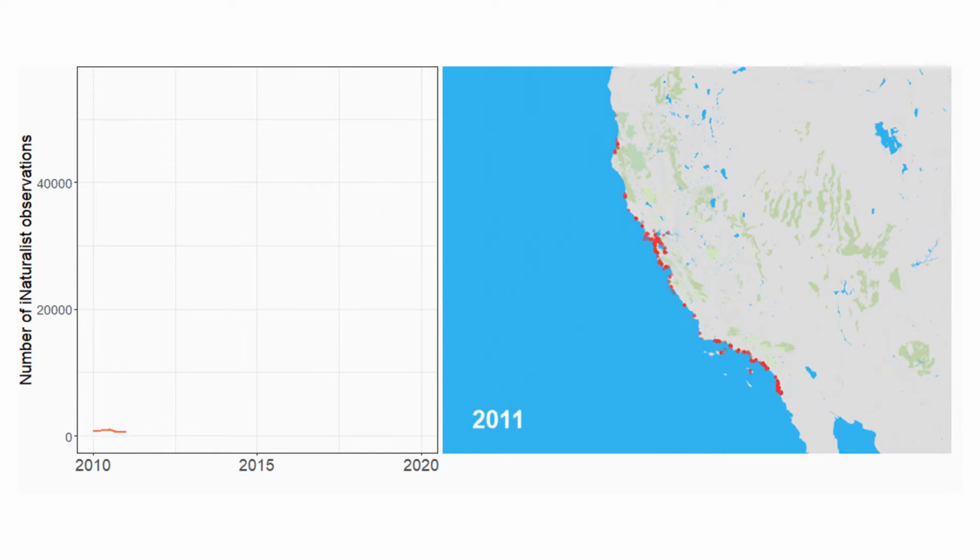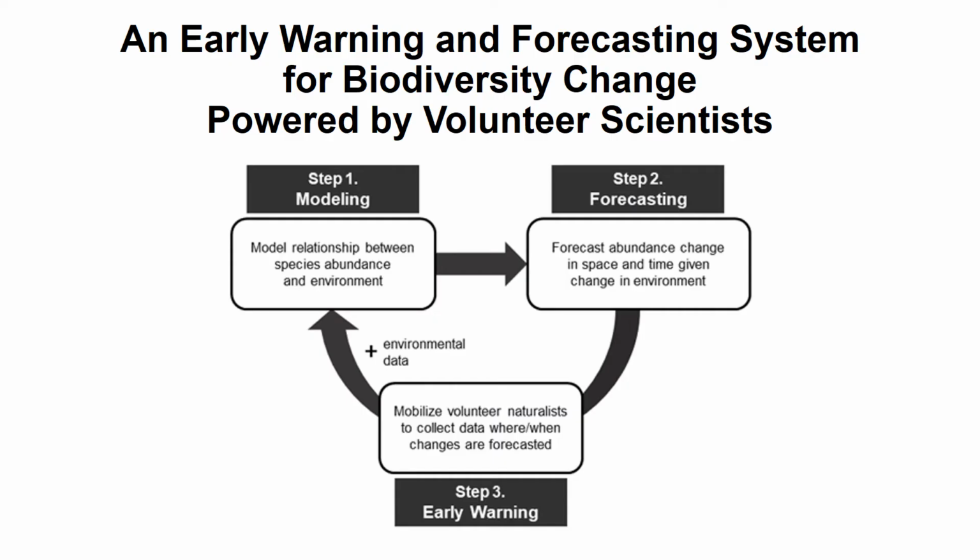This incredible stream of information happens in real time and at both high resolutions and extents of space, time, and taxonomy, extremely difficult to achieve via any other data collection approaches. As a result, these data combined hold huge promise to help monitor the coast and facilitate the early detection of meaningful biodiversity changes. Our collaboration with the Ocean Protection Council will focus on the early detection of abundance changes in native and non-native species, particularly susceptible to environmental changes.